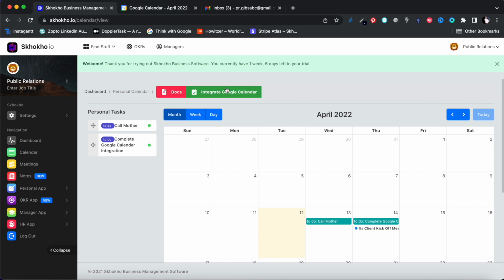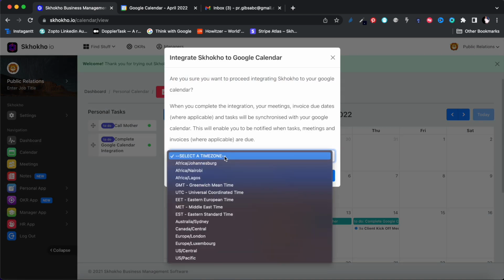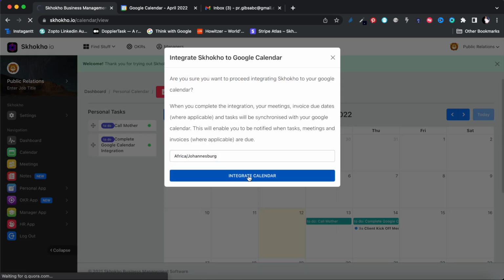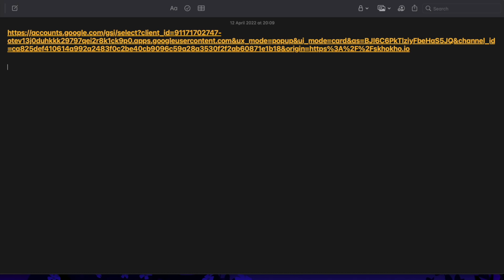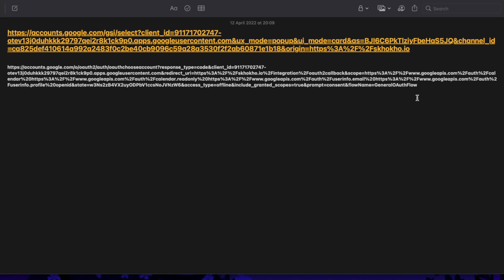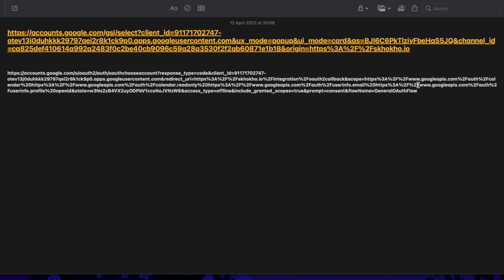So if I continue then and click there, we ask them to confirm a time zone, and then I will click that button over there. And I will also copy this URL for this specific case next to the other one, so that you can clearly see it. This is a different function that I used to code this, because this one requires special permissions, and you have to give in a lot of the scopes. The other one was an easier one, which we did as a JavaScript integration. But this one we used the Python library with the flow to be able to integrate this Google Calendar